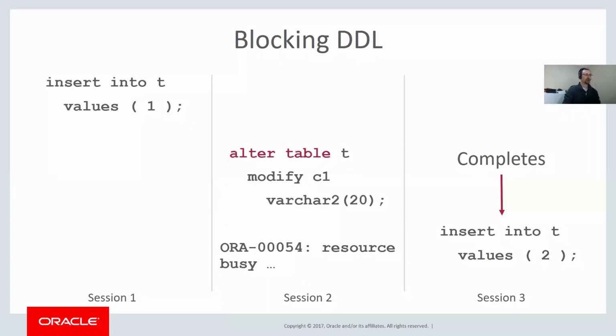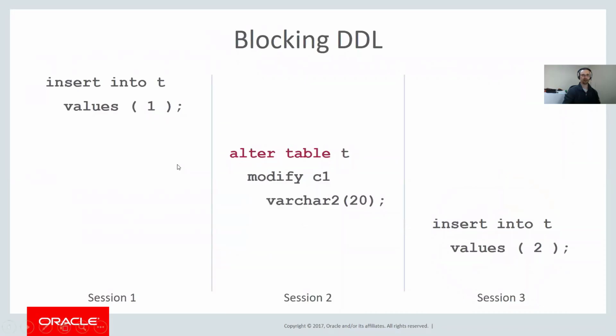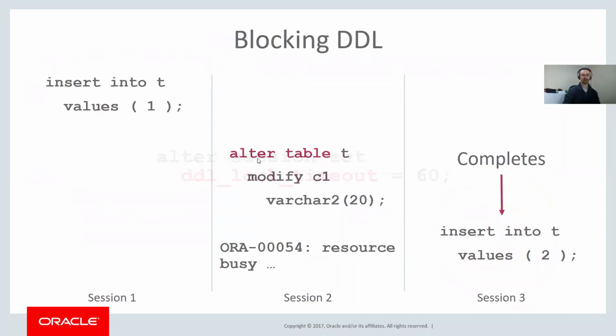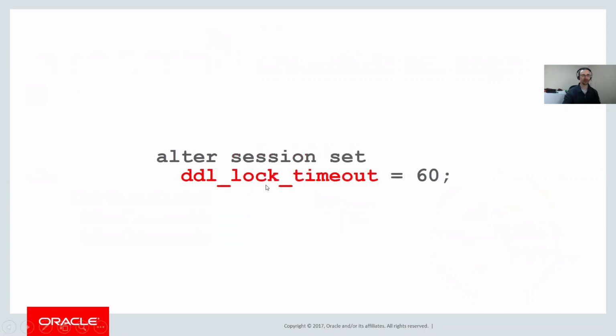So Hani, do we have a parameter to define the number of retries for DDL? If we go back up, this DDL lock timeout is basically saying how long you wait to retry. It will keep retrying for this number of seconds. So 60 seconds, it'll keep going. And if in that time, whatever was blocking it hasn't committed, then it will stop. So this is essentially the retry parameter, and it just keeps retrying for the duration of that period. I hope that answers your question, Hani.